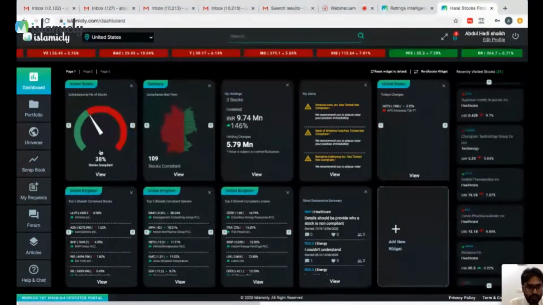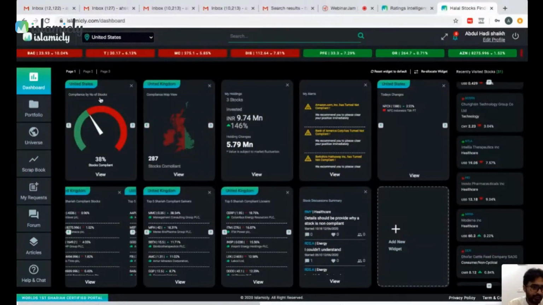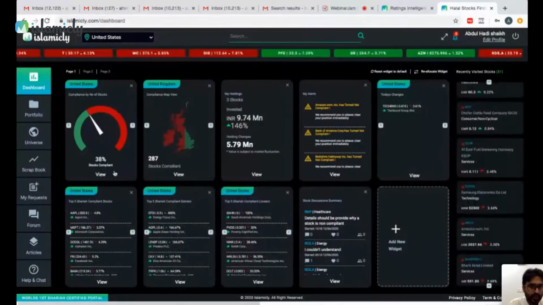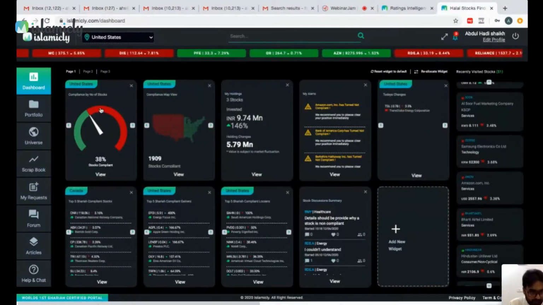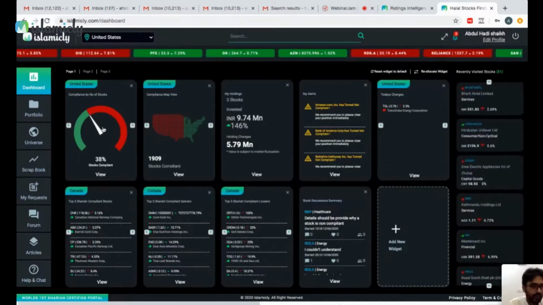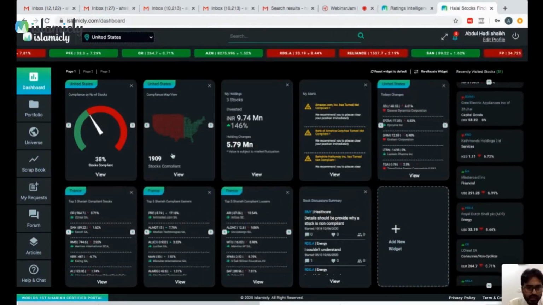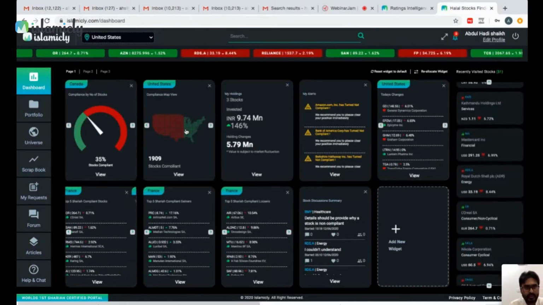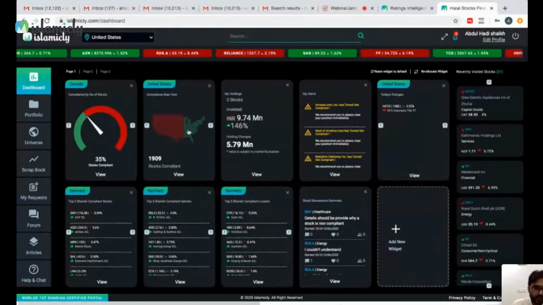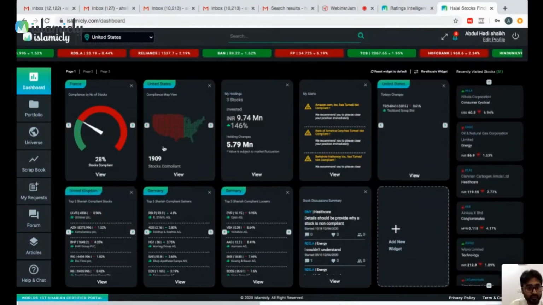Now, this widget will tell you your market and the compliance by number of stocks, which this will instantly tell you. If you have subscribed to only one market, this will be static. Since I have access to all the markets, this keeps scrolling. This is a map view as to how many stocks are compliant, so that you get an idea. So if you see 35% stocks or 30% stocks are Sharia compliant and 1909 stocks are Sharia compliant in your market, that's the United States.